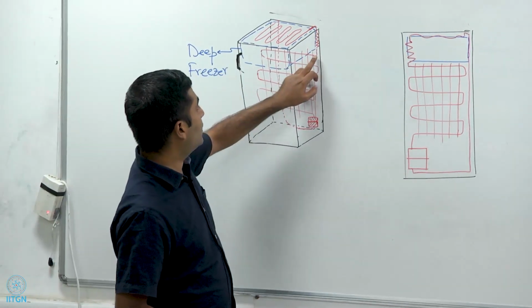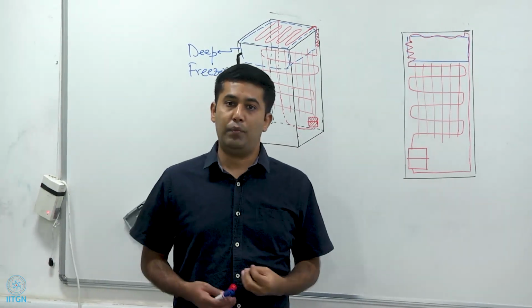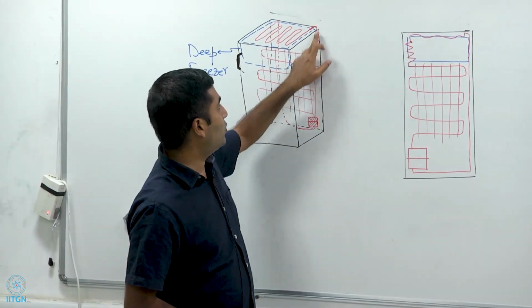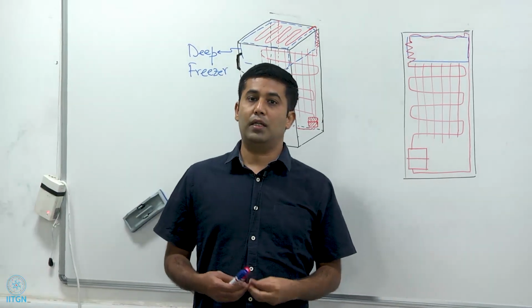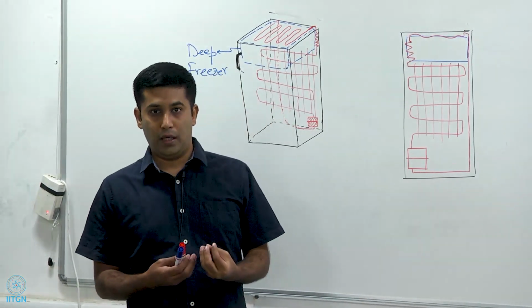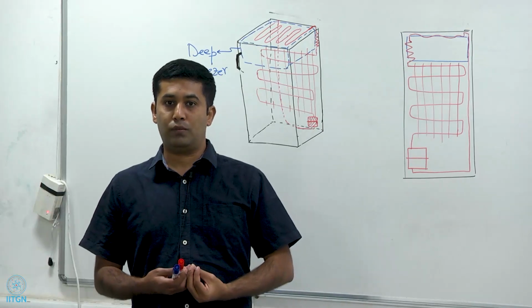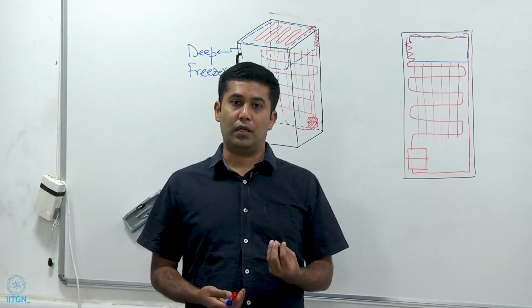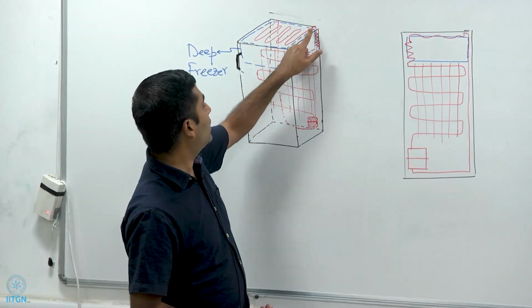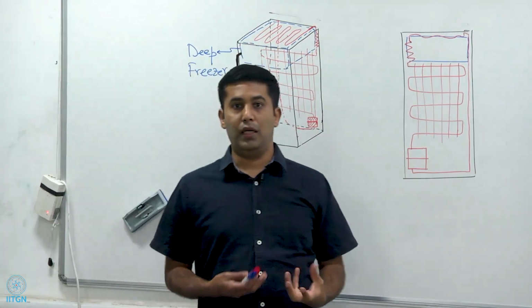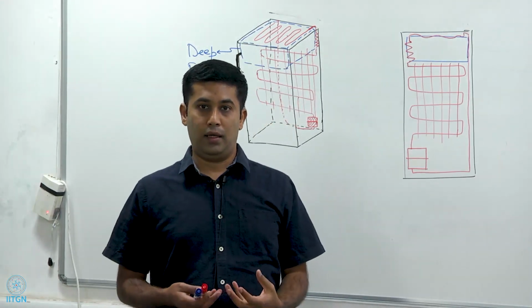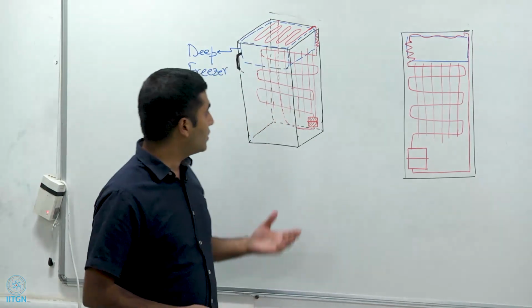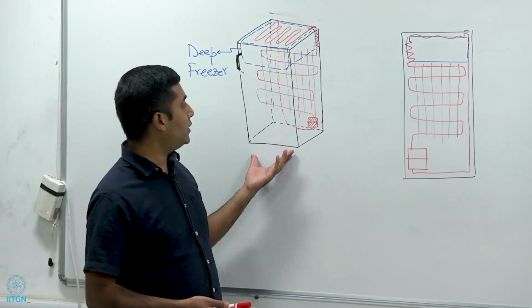Once it reaches the subcooled liquid state, it is at a high pressure but at a reasonably low temperature, and this is expanded in the expansion valve. Once it expands in the expansion valve, it comes to a very low temperature because of the Joule-Thomson coefficient, and then it is a liquid-vapor mixture, which is ready to enter the evaporator once again to absorb heat, and once again turn to a saturated vapor, which then goes into the compressor. So this is how it looks component-wise.